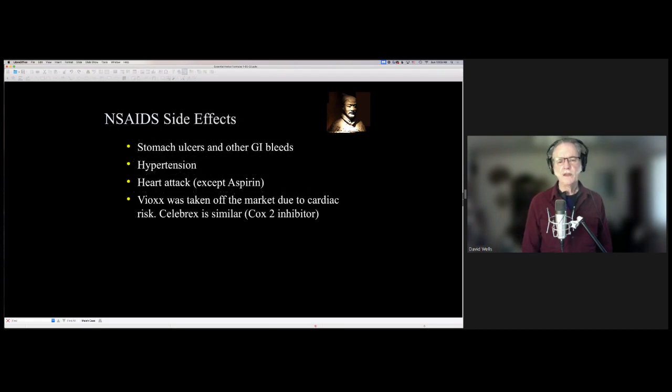So NSAIDs have side effects: stomach ulcers, and other bleeds like in the small intestine. They are the leading cause of stomach ulcers in this country. Also, hypertension and heart attack, particularly Vioxx and Celebrex, because they are COX-2 inhibitors that were based on